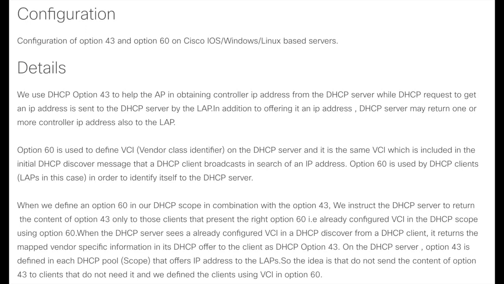Option 60 is used to define the vendor class identifier, which is the VCI, on the DHCP server, and it is the same VCI which is included in the initial DHCP discover message that a DHCP client broadcasts in search of an IP address. Option 60 is used by DHCP clients, LAPs in this case, in order to identify itself to